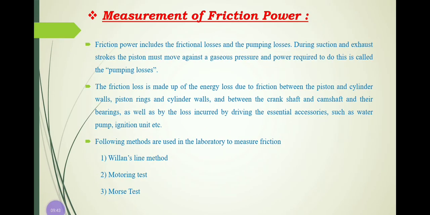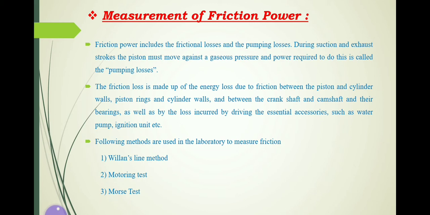that is measurement of friction power. In the last part we have discussed measurement of brake power, because measurement of brake power is one of the important tasks, because brake power is nothing but our final output power. But along with that we should know about the amount of loss which is going to take place, that is nothing but the friction power. We know that friction power is nothing but the amount of power which is going to be wasted